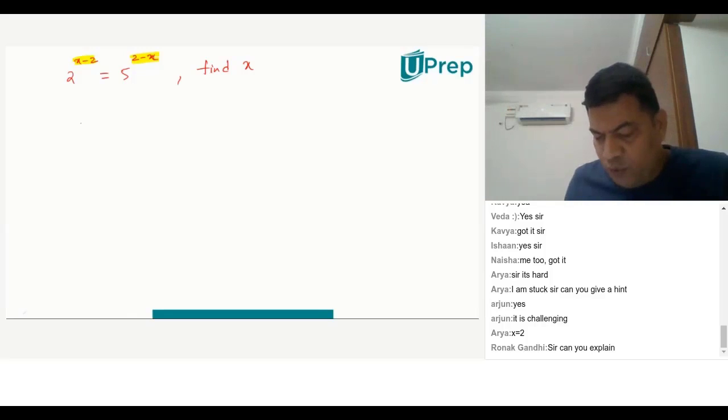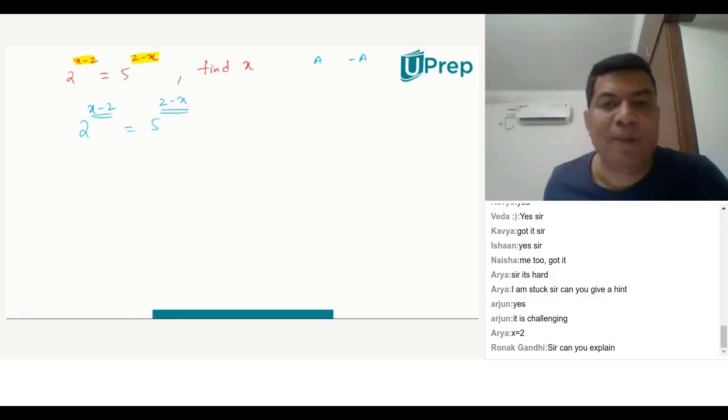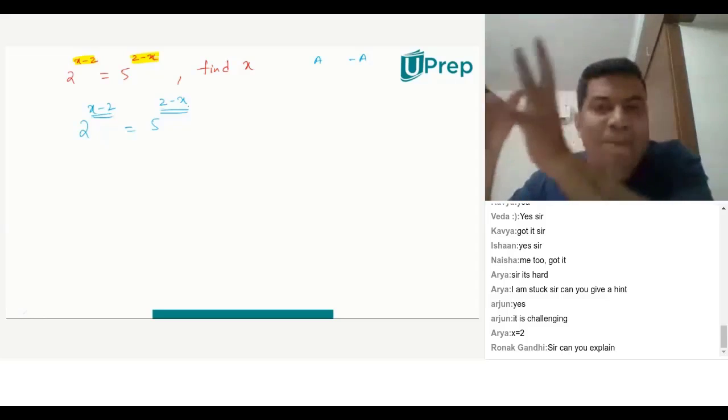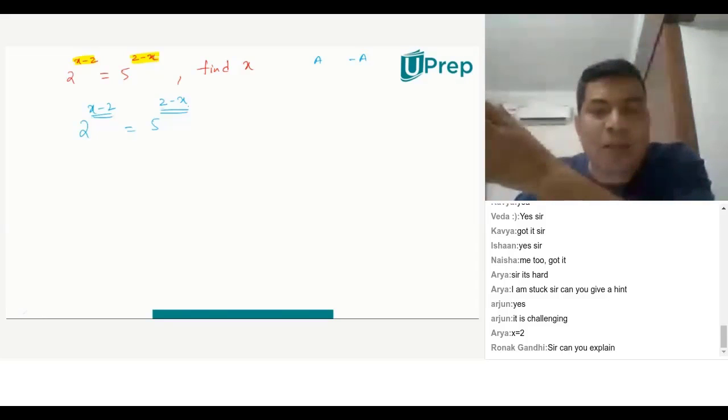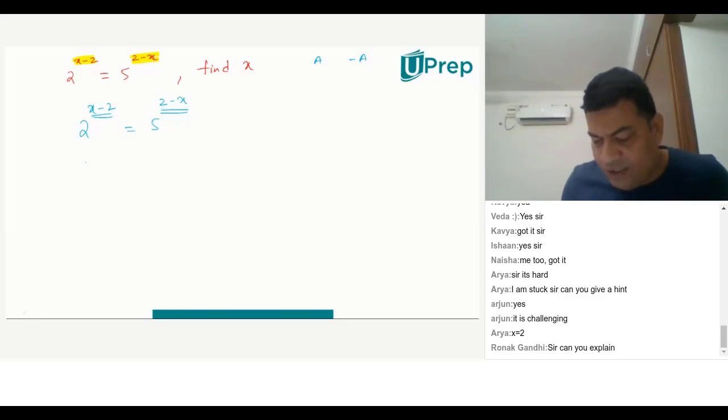So when I look at this problem, 2 to the power of x minus 2 is equal to 5 to the power of 2 minus x. Okay. So now, this is x minus 2, this is 2 minus x. Basically, for me, if this power is apple, this power is minus apple. So in mathematics, you have to start learning and seeing numbers like that. If this is apple, that looks like minus apple. The moment I see that as minus apple, the problem looks easier for me.